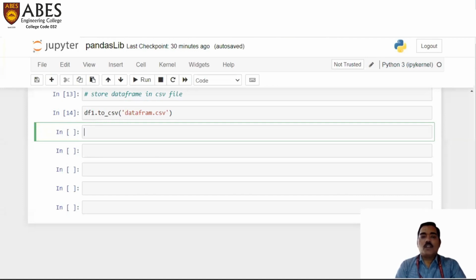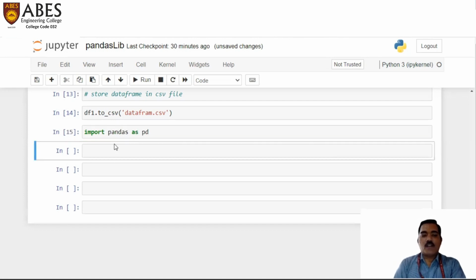So first, open the Jupyter interface, where you can rename the notebook as you require. Now we can import the Pandas library, giving it the alias pd. After that, first you have to read the file. To read the file,